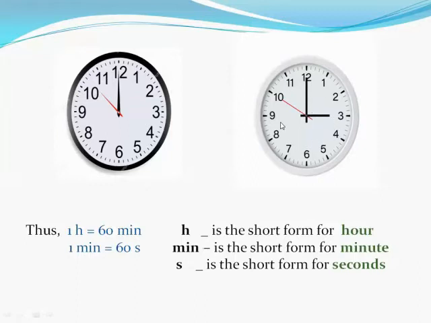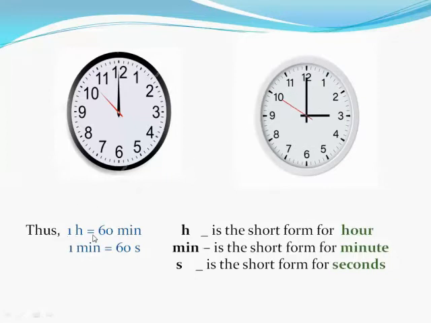We can say the hour hand moves around the clock in 1 hour. There are 60 minutes in 1 hour. That's why we say there are 60 minutes in 1 hour. The second hand moves round the clock face every minute. There are 60 seconds in 1 minute. Whenever 1 minute is completed, the second hand moves around the clock and covers 60 seconds. That's why we say here